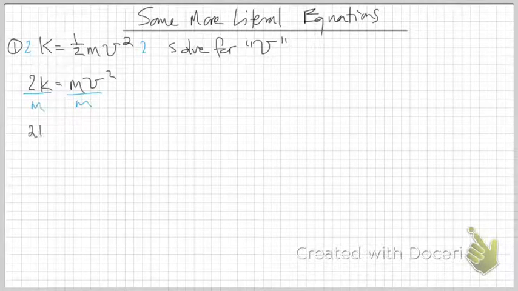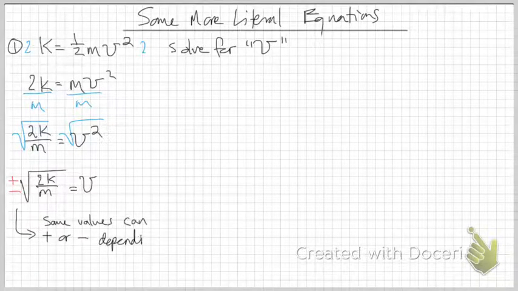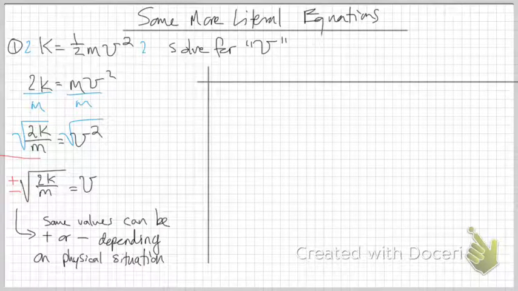I'm going to multiply both sides by 2 first, then divide by m. Take the square root of both sides and end up with v. And mathematically speaking, we need to have plus and minus for that radical. And